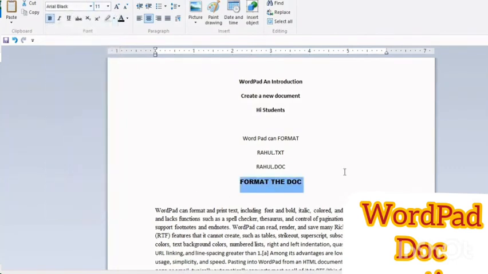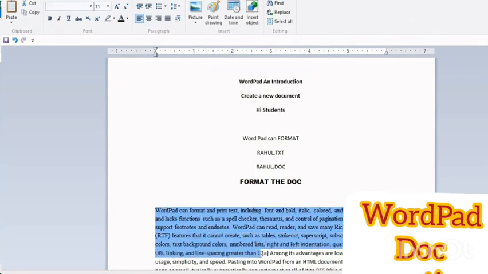Next one, for selecting a paragraph, position your mouse over the first word and then click and drag the mouse over the text that you want to select. To select a paragraph, keep your mouse pointer at the beginning of the paragraph, left click and without releasing it, drag to the desired area.